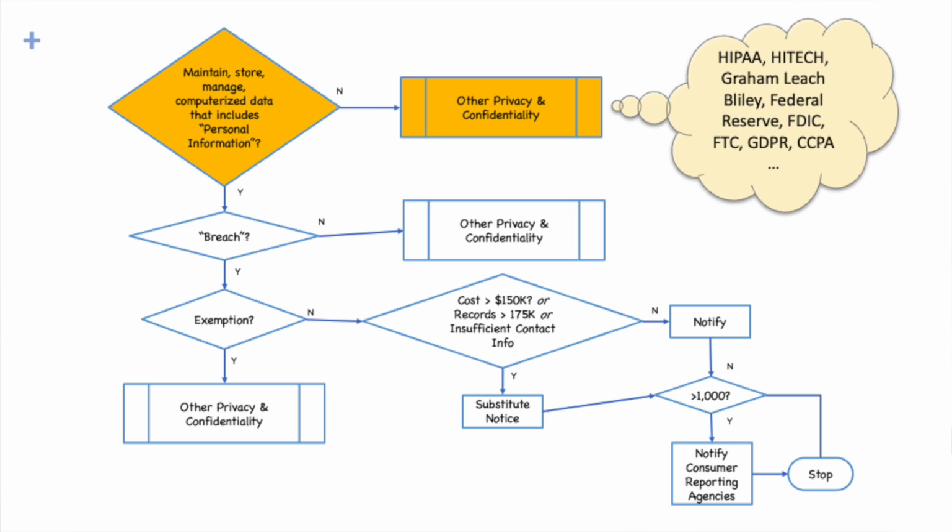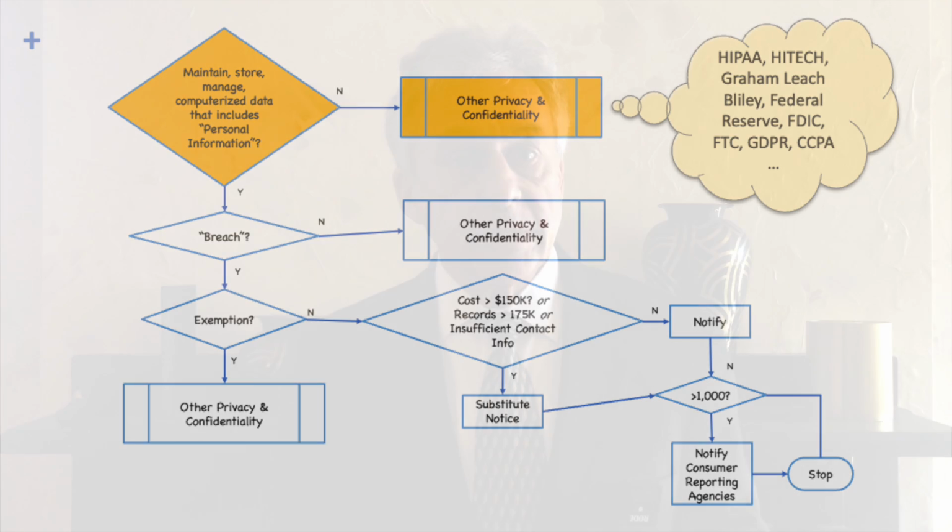You might have reporting requirements under federal law, such as the Health Insurance Portability and Accountability Act, or HIPAA, or the HITECH Act related to medical records, or the Gramm-Leach-Bliley Act. You may also be bound by rules made by the Federal Reserve, the FDIC, the Federal Trade Commission, or other federal agency rules. And depending on whose data was compromised, you may also have obligations under the European General Data Protection Regulation, or GDPR, or under the California Consumer Privacy Act, or CCPA. And lastly, you may have contractual notice obligations pursuant to confidentiality and trade secrets protection agreements you may have signed.